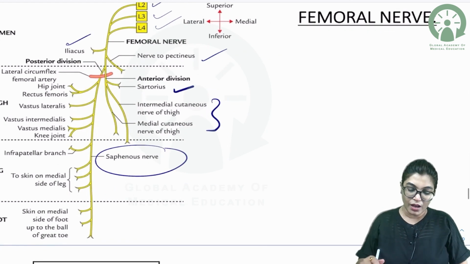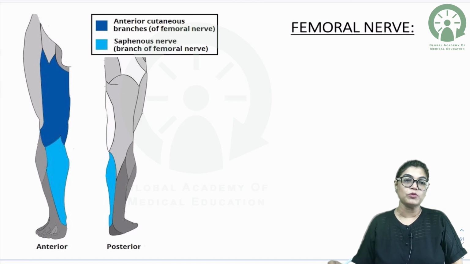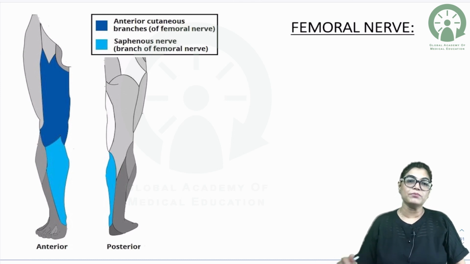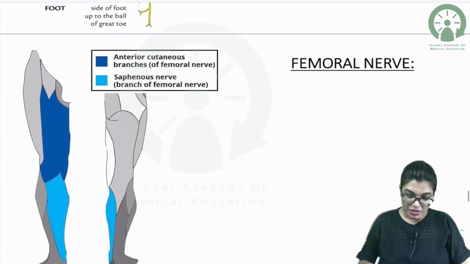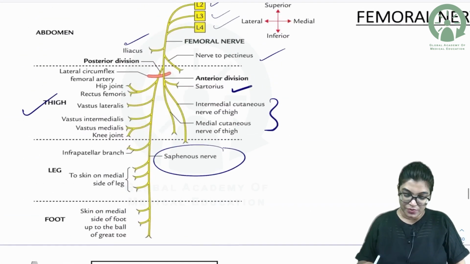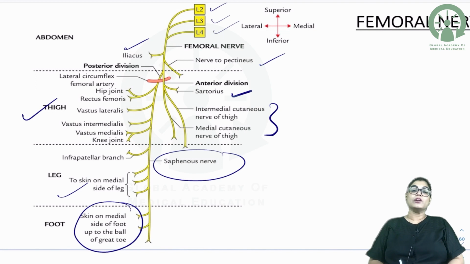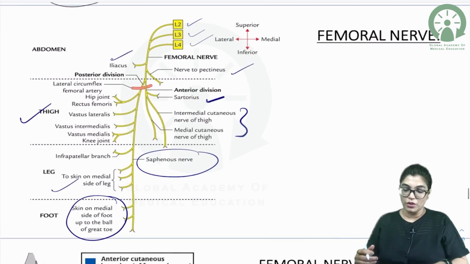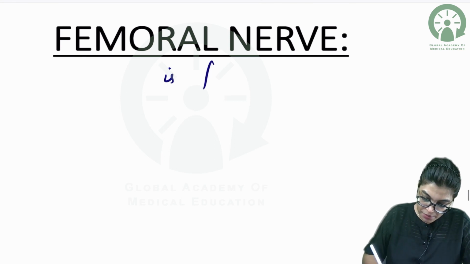So if you can see this image, you can understand the cutaneous distribution of femoral nerve via its intermediate and the medial cutaneous nerve of thigh. So if I talk about saphenous nerve, what you can see, the saphenous nerve is going posteriorly. Actually, saphenous nerve is supplying the skin on the medial side of the leg and the foot till the level of great toe. So please write down, femoral nerve is formed by